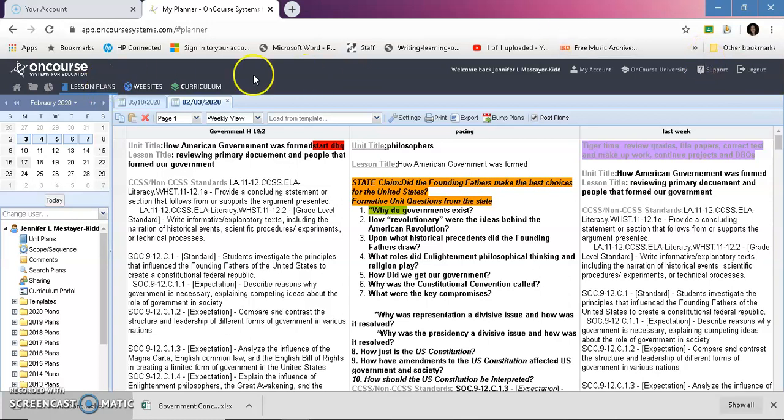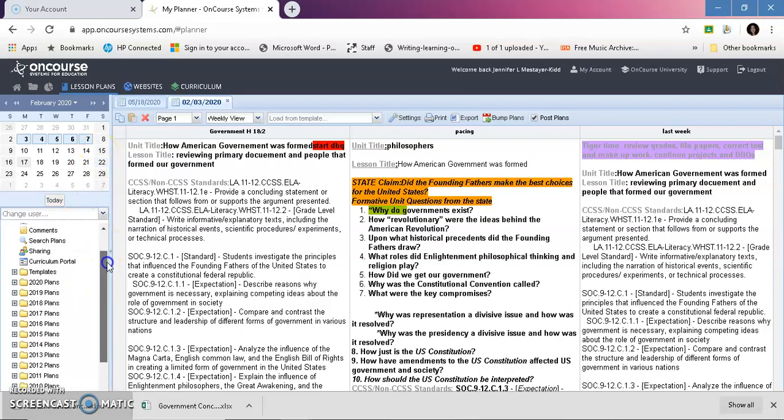So that's on course right here. That's the expectation. And as you can see, I have all my stuff all the way back to 2006 when we started on course in Iberia Parish. So I want to show you also